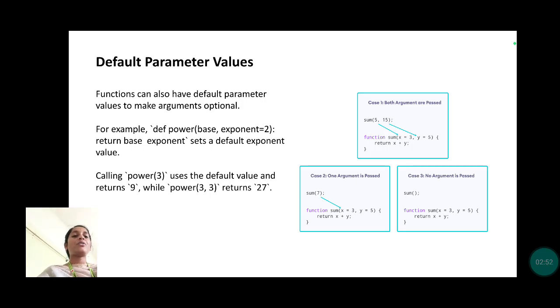Case 2. One argument is passed. sum(7); function sum(x = 3, y = 5) { return x + y; }